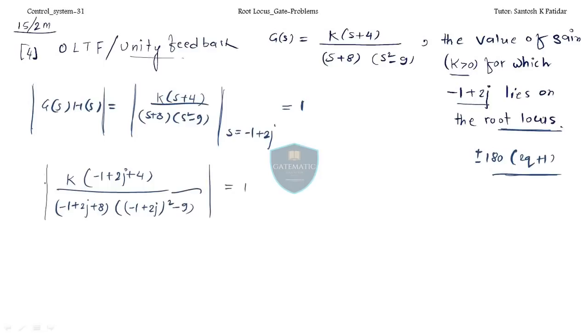I had to take the magnitude of this. The point is -1 plus 2j. Okay. So again, this is the condition in which you have to find out the magnitude. So in the denominator the magnitude, in the numerator the magnitude, this is under root of 3 square plus 2 square, isn't it? In the denominator, you will get again 7 square plus 2 square over here, and when you open this,